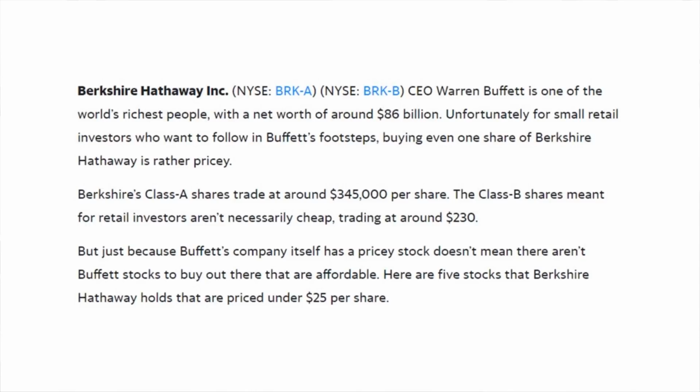But just because Buffett's company itself has a pricey stock doesn't mean that there aren't Buffett stocks out there to buy that are affordable. And just before we take a deeper look at the 5 stocks mentioned in this article,